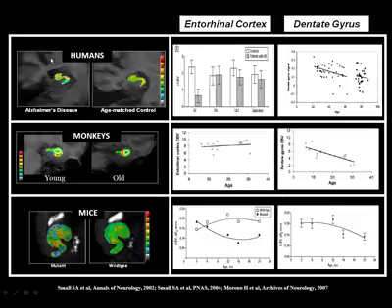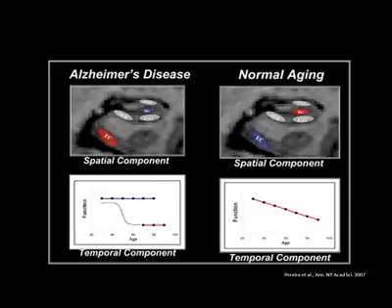And when we apply these techniques to humans with Alzheimer's disease, to humans without Alzheimer's across the lifespan, to monkeys, rhesus monkeys who have age-related hippocampal dysfunction but no Alzheimer's disease, and perhaps most formally to mice, in which we can introduce genes that cause them to develop Alzheimer-like changes at a relatively young age. And so by imaging these mice, a large group of these mice across their lifespan, we can most formally disambiguate Alzheimer's from aging. And the summary of all these results are shown in this summary slide taken from a review